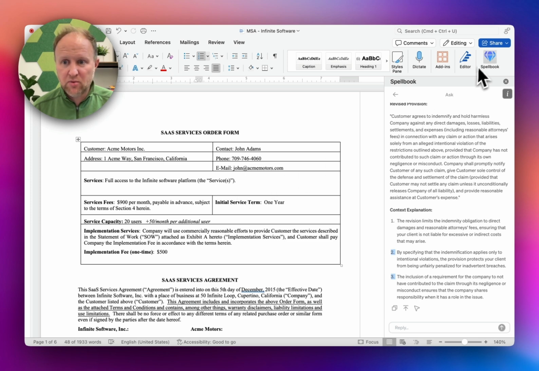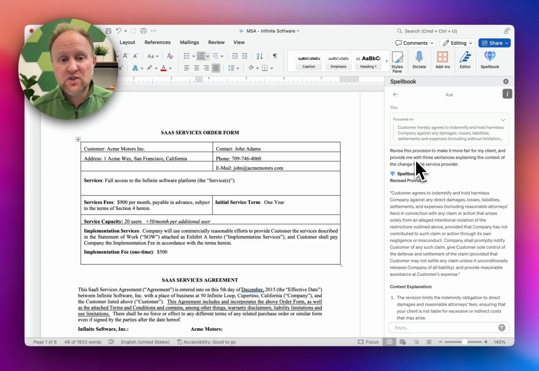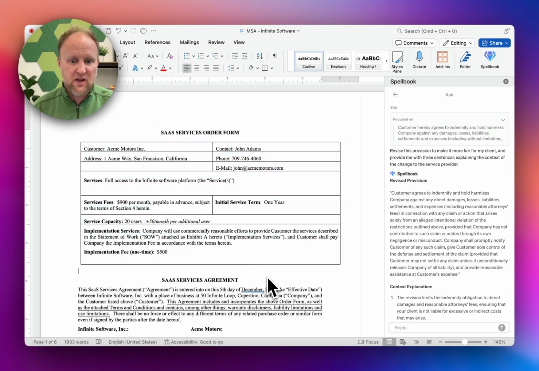Okay, so that's Spellbook, and that is unique to lawyers, and it's within Microsoft Word here. We don't have to worry quite as much about data that's being shared with the party because they have very strict data privacy rules. They can't see anything that I'm doing. They don't have access to any of the content in the documents. And because of their agreements with the various AI platforms, the AI platforms cannot train on this data or see it or use it in any capacity.